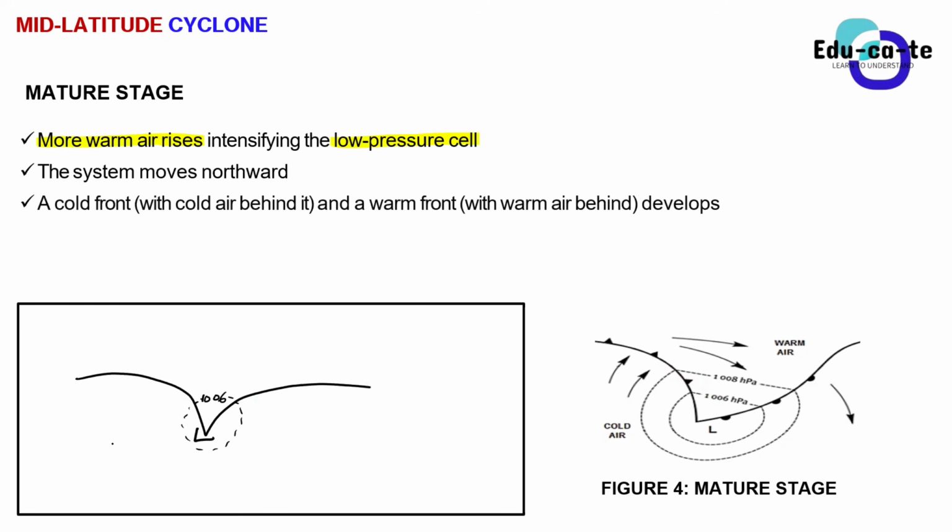Now we have got two fronts that will develop. This wave was the polar front. You still remember that this was a polar front, right? But now it will change. It will now have two sections. One of the sections will have these triangular shapes, and the other section will have these circular shapes. So now your polar front is no longer a polar front. One of the sides has got this triangular shape. On the other side, there are these round shapes. But what do these shapes even represent?